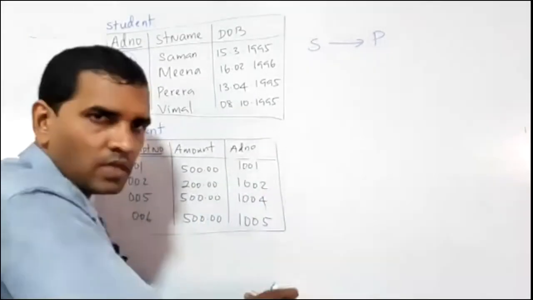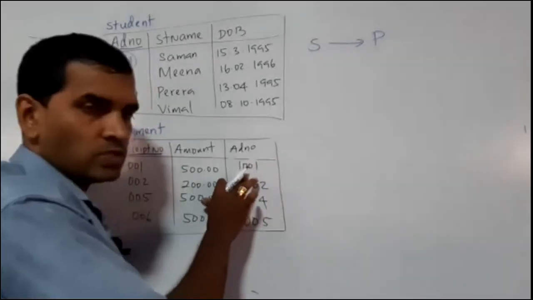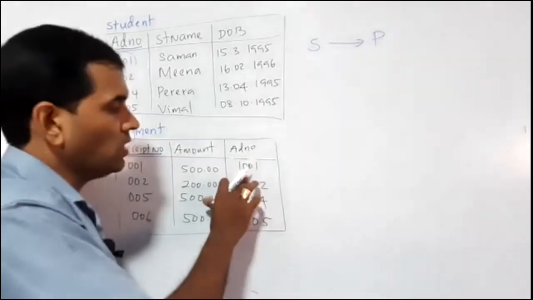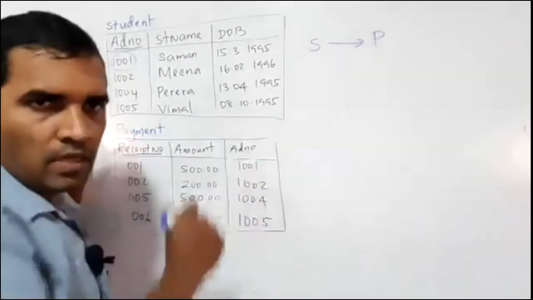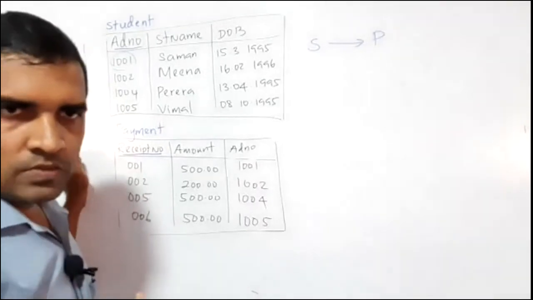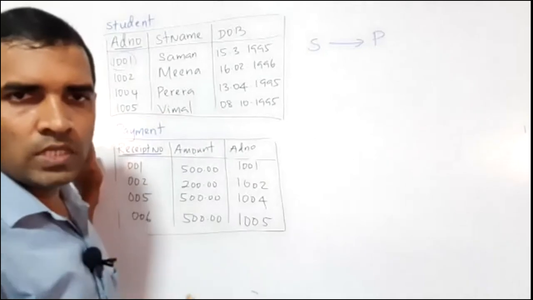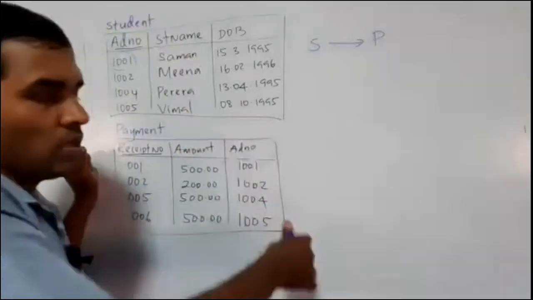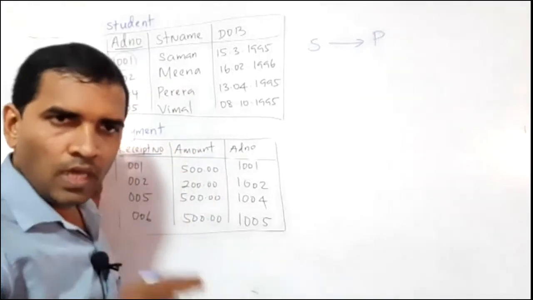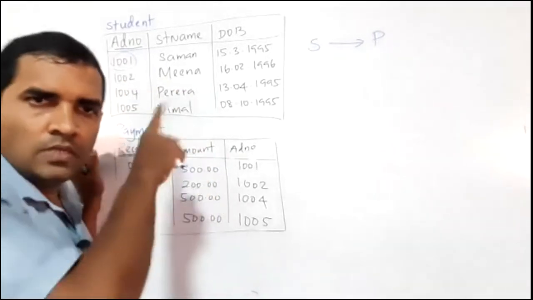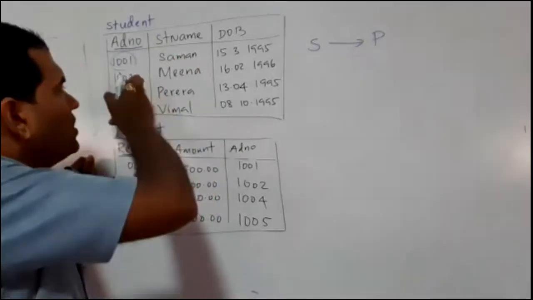So don't think that there are more records to come, only 4 records. So how many times is 1001 in the payment table? Only 1. So here one data has only one similar data in the payment table. Checking that first record is not enough to make the conclusion as it is one-to-one in this direction. I just checked the first record and found one-to-one, but it is not enough because you have to check all these records, right? So check the other ones.